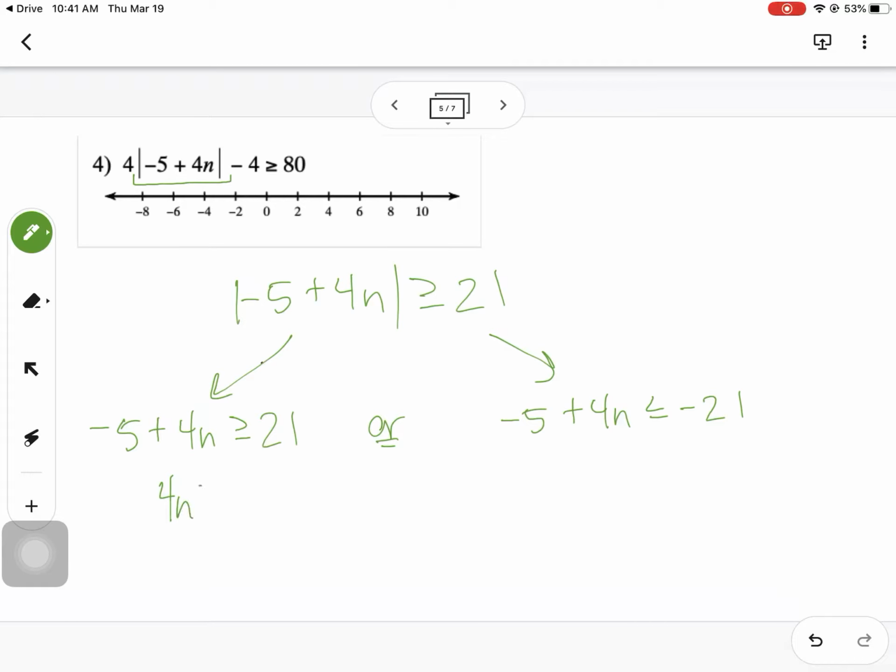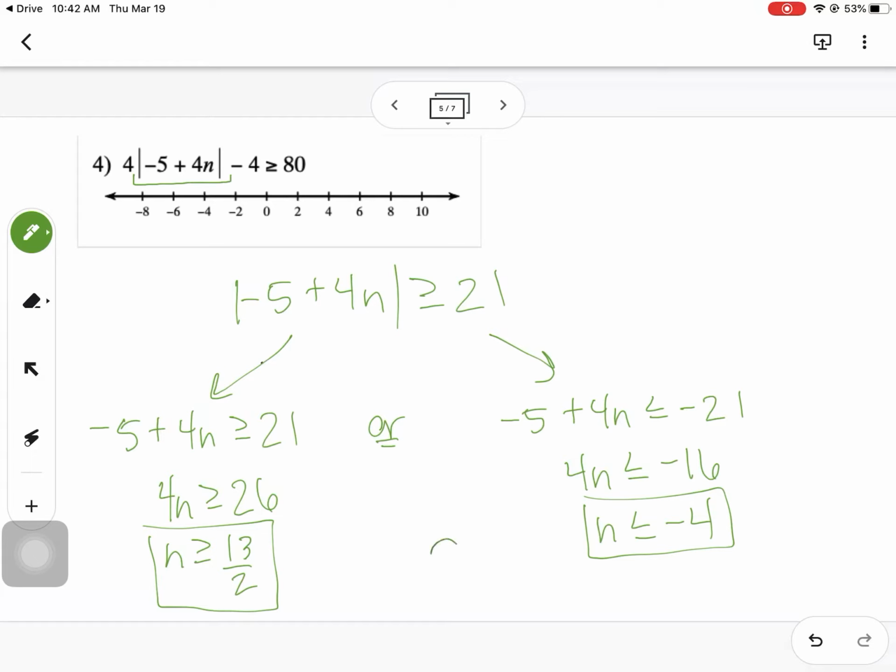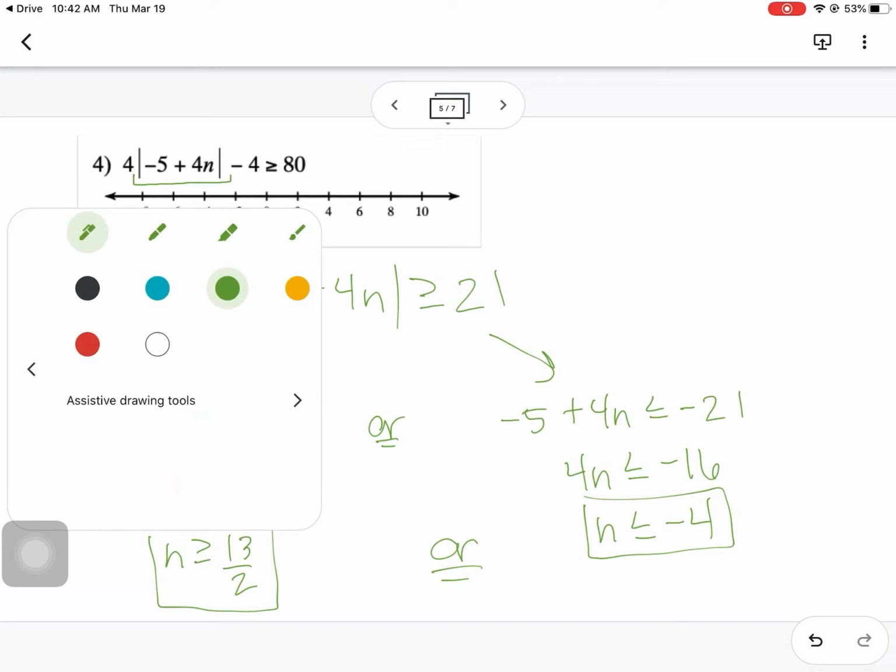I would add 5, and 4n is greater than or equal to 26. n is greater than or equal to 13 over 2 when you simplify that fraction. Solving the other one, I would add 5, so 4n is less than or equal to negative 16, and then n is less than or equal to negative 4. What's important is this needs to be an or. So when I go to graph it,